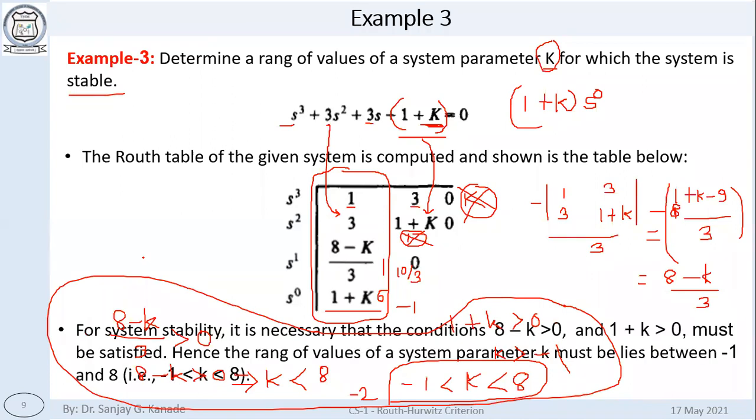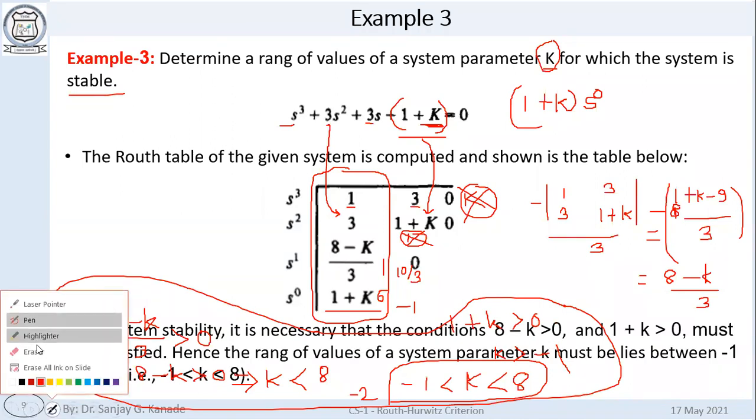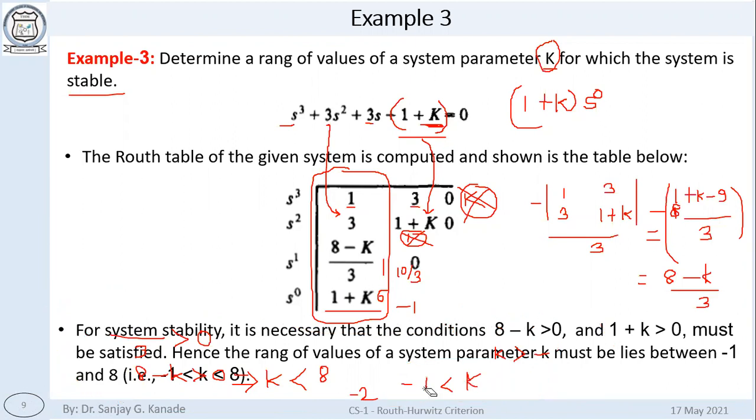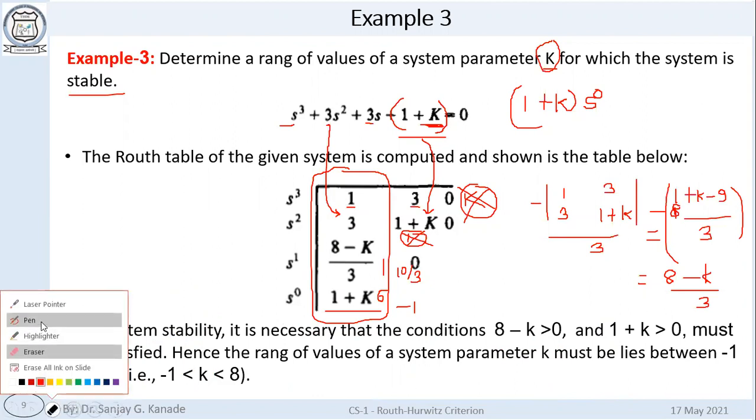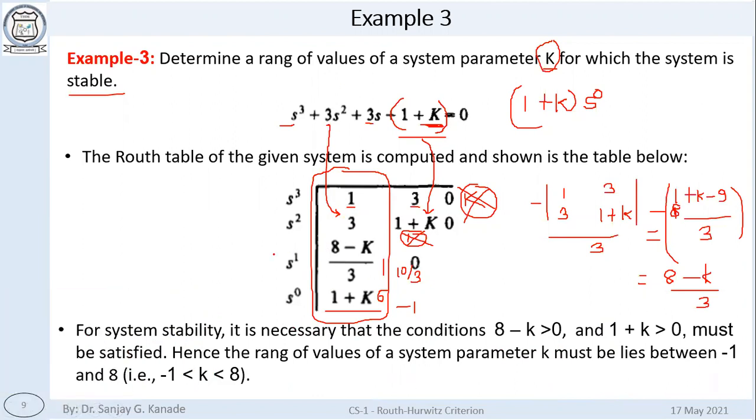So in this way, we have to solve. I will just remove some of this so that you can read it. In this way, we have to combine the test conditions, the given conditions here, that is the first one and the second one. We just have to check the first column. We don't need to worry about anything else in the later columns. Only the first column has to be checked, and from that we can find out the range of the system parameter K. I hope this is clear now.